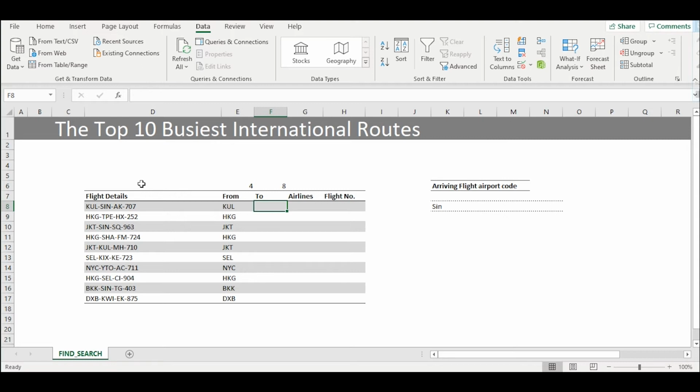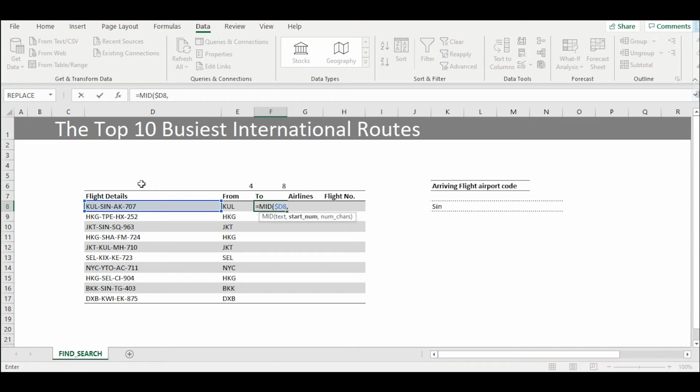Now we will move to cell F8. In this cell we will retrieve the arrival airport code using the MID function. The MID function retrieves a substring from a string from any given position. In the first syntax, we will link cell D8. In the second syntax, we want to establish the starting position of the string.